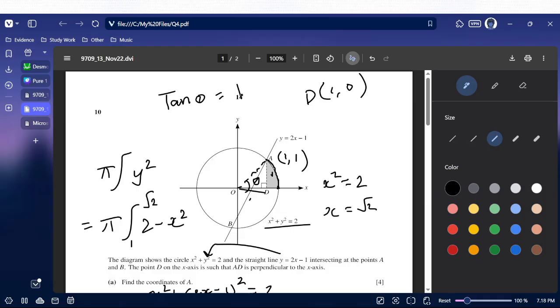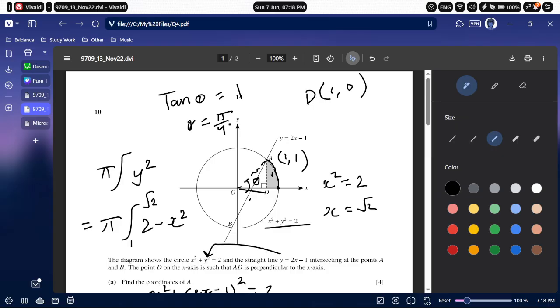So theta is pi by 4. And then you can use the formula arc length is theta r. And the radius is, in this case, root 2. Just keep that in mind, because it's in the form x squared plus y squared is r squared. So s, or the arc length, is theta, which is pi by 4, times the radius,